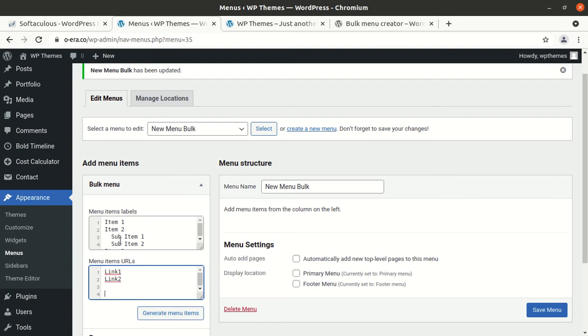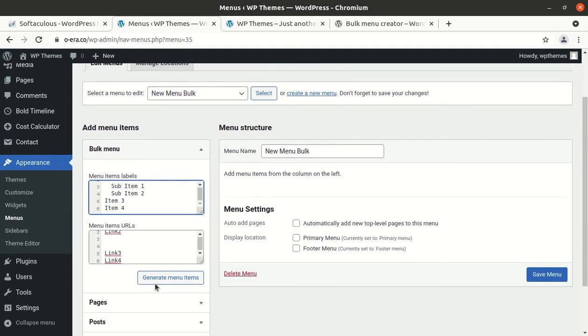So I am leaving rows 3 and 4 blank for creating hash automatically, and I am putting link 3 and link 4. Okay, so we have created 4 menu items and we have inserted 4 links, including the 2 blank links for sub items.